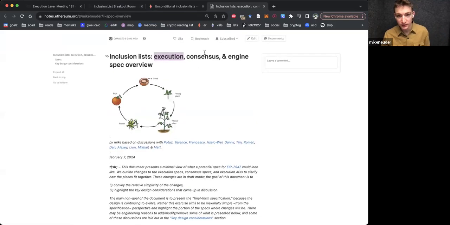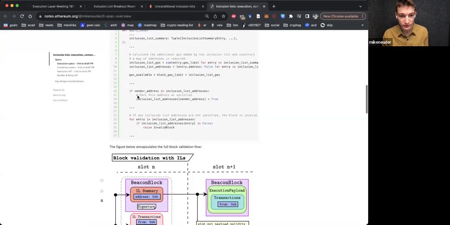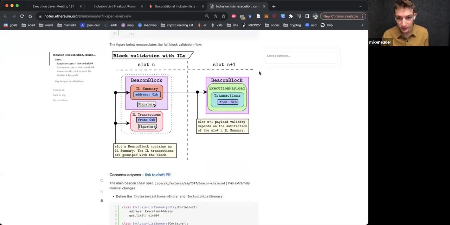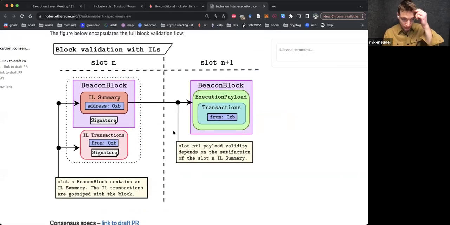Obviously, there is some complexity from the fact that there's execution, consensus, and engine overlay. All three of these are derived from the fact that the consensus stuff has to be verified by the execution engine. So it's not purely simple because it's not contained to one of the clients. But I think across the board, the changes aren't too complex, hopefully. So starting with the execution specs, I'll mainly focus on this diagram because I think it's the most intuitive way to think about it.